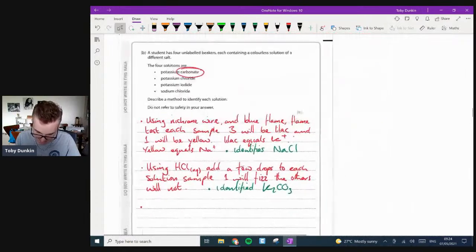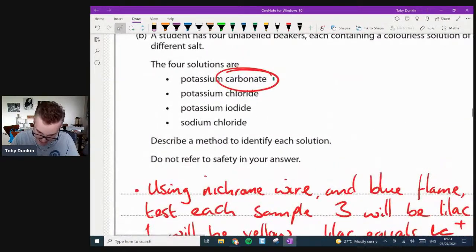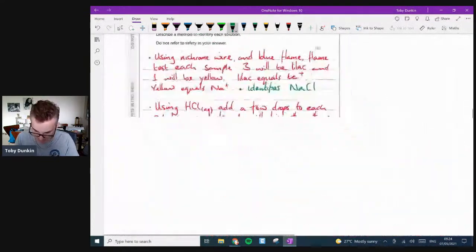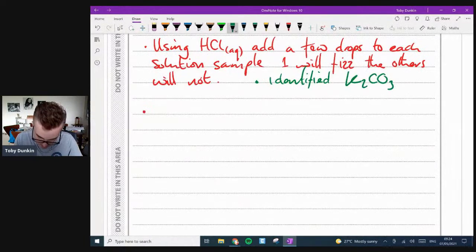Yeah, next one. Now we've got 2 more. We've identified him and we've identified him. We now need to separate these 2. And of course, this is the chloride and iodide. So this is the silver nitrate test. To the last 2 samples,